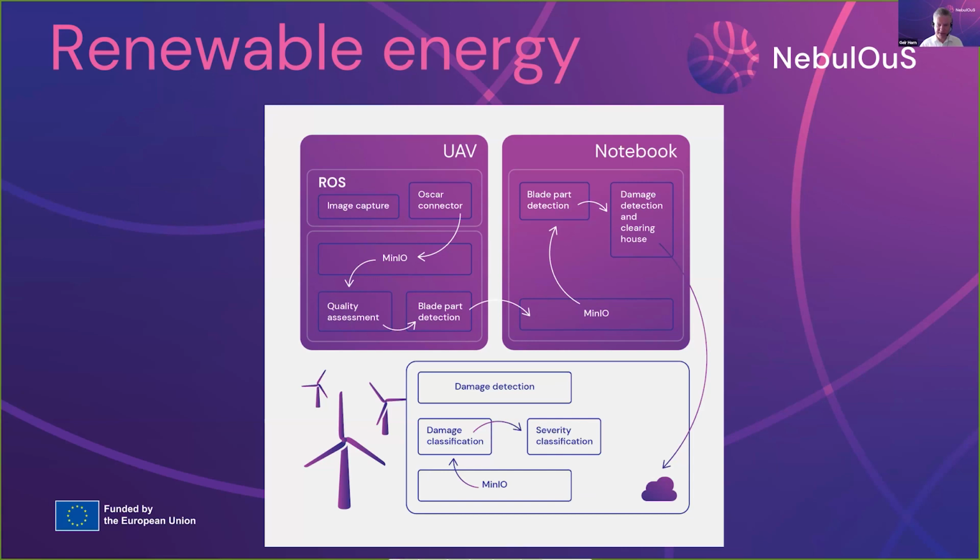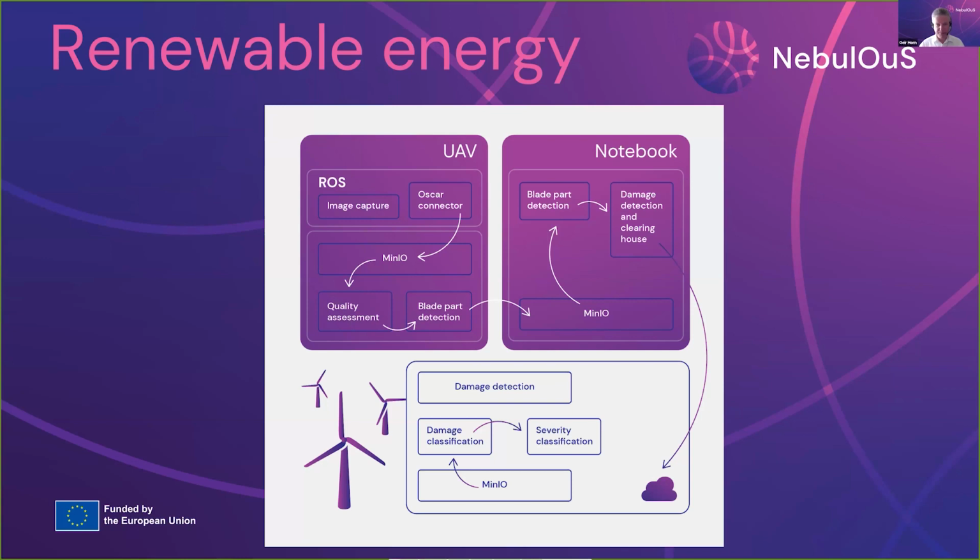And it's important that this secondary inspection happens as fast as possible while the drone operators and the inspection team are on site at the windmill park, which means that this will be done mostly on a notebook, which is the edge resource for this application, and then used to detect problems immediately. Otherwise, it will be sent to the cloud where there is a severity classification